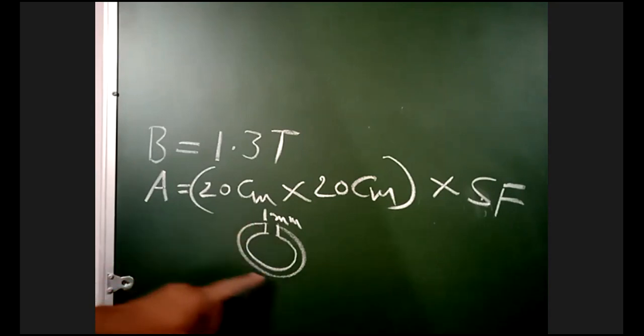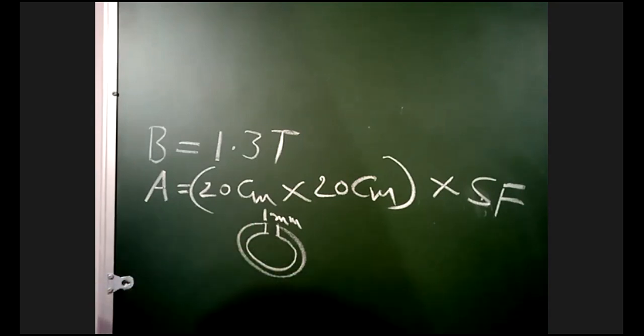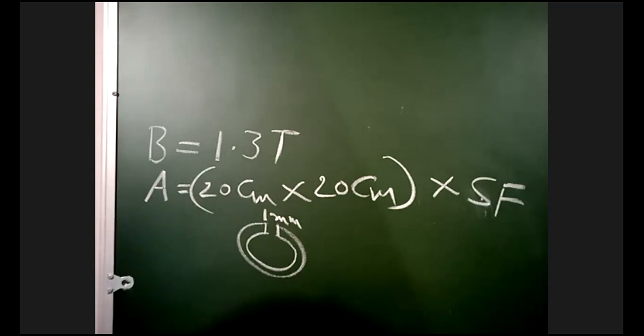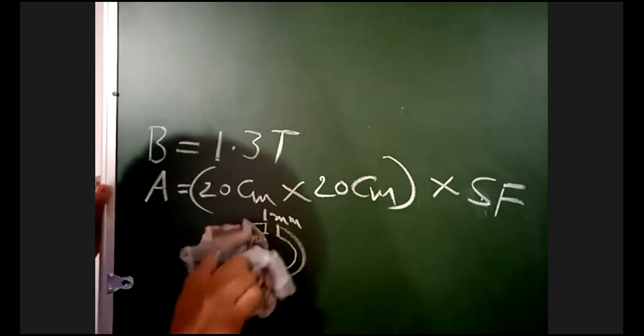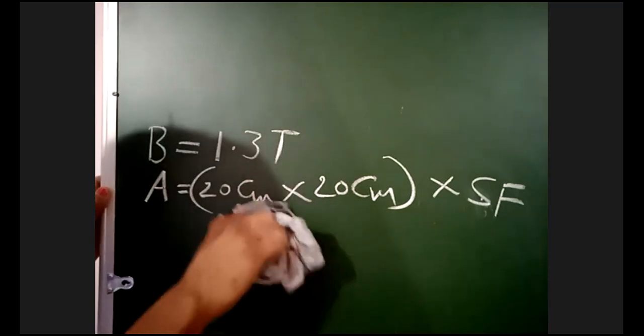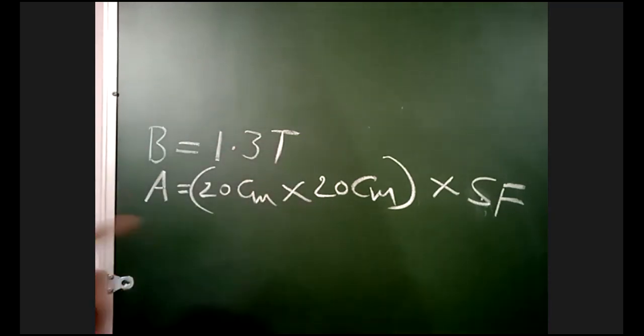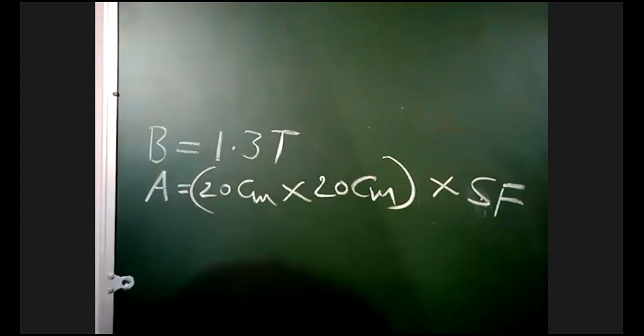Now we can take the area of this cross section. That is the meaning. Why they are giving stacking factor means, if we ask anybody to cut the iron piece to exactly 1 mm or 2 mm, nobody can cut. So if you multiply with that stacking factor, we'll get the exact area of the iron piece. That is the meaning of stacking factor. Actually, this meaning is not necessary. In exam, if they give stacking factor, multiply the area with the stacking factor.